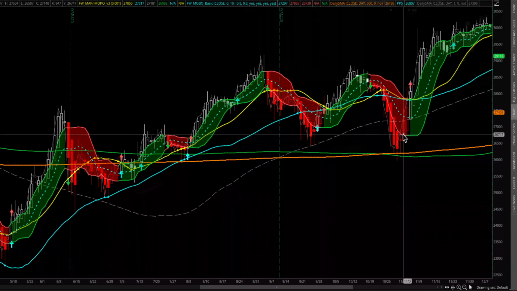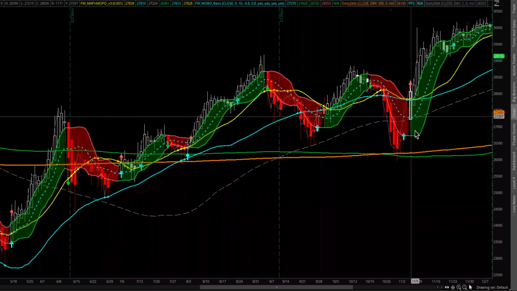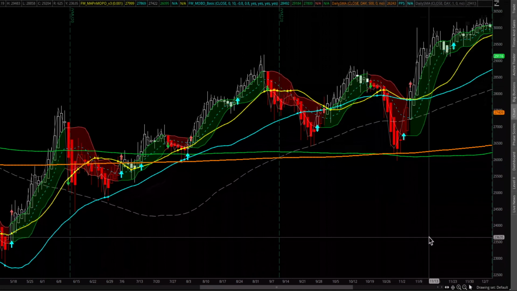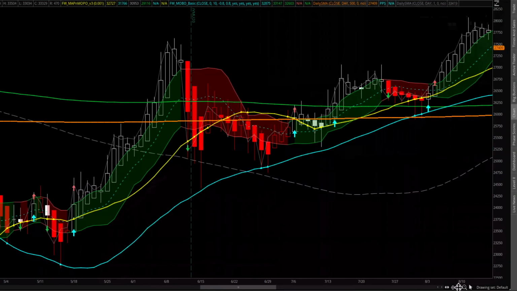Boom. Buy signal. Now it all depends what kind of trader you are, if you're aggressive or if you're not. It's like, no, I'm going to wait till MOBO's green. I'm going to wait till I see a white candle. I'm going to wait till it's Heikin Ashi. Boom. And you can see when you get in closer,